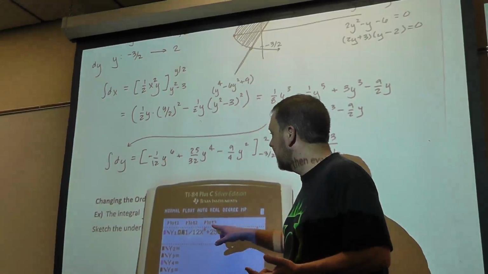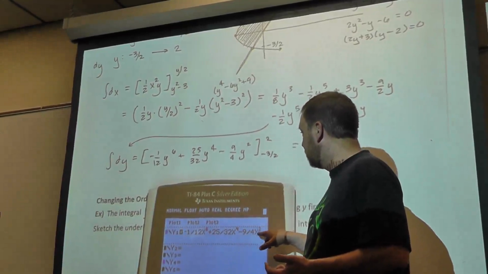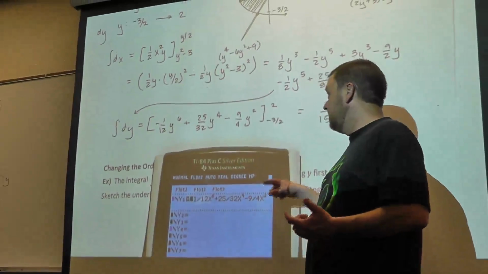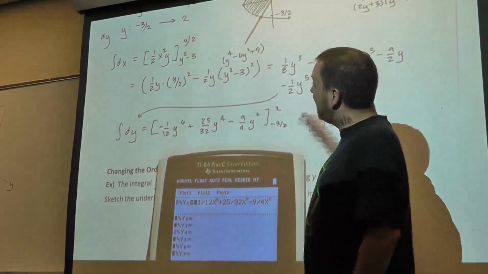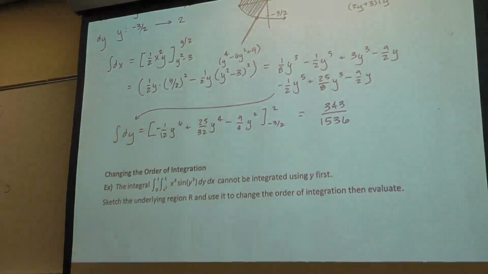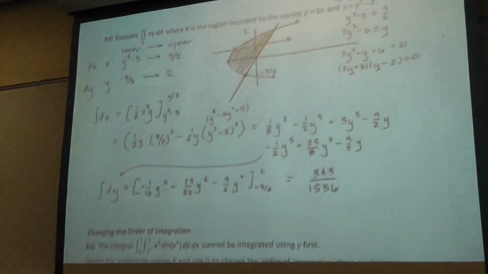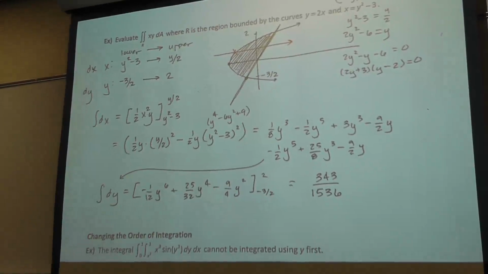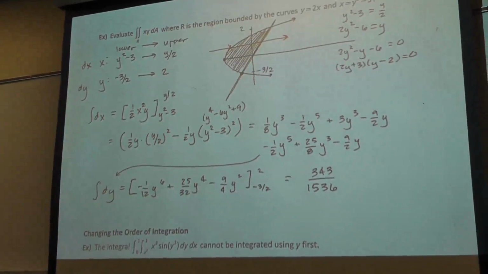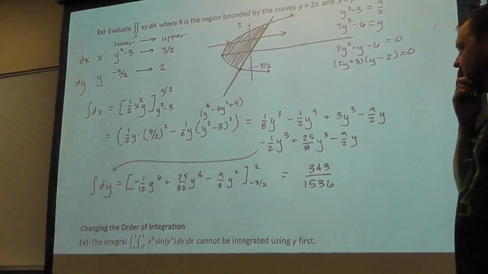So, okay, that checks out. Plus 25 over 32 y to the 4th minus 9/4 y squared. I did the inputs and outputs correct. The only other thing I can imagine is screwing up something else. I make mistakes, you'll see me make mistakes. That's why I was kind of apprehensive about this being a positive answer when I got to my final answer. It's because you have negative 11 over 6 and then minus